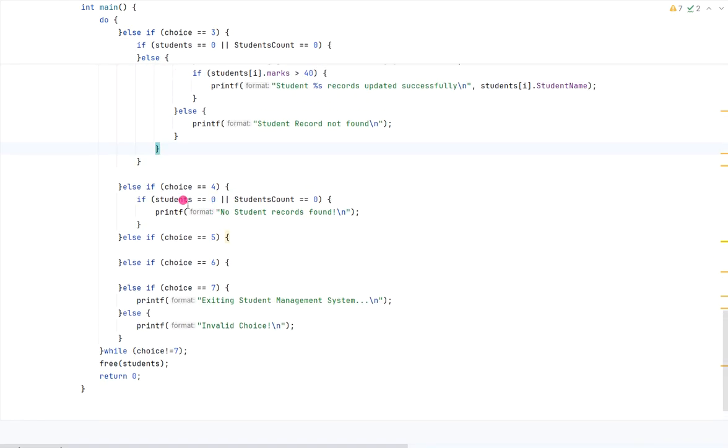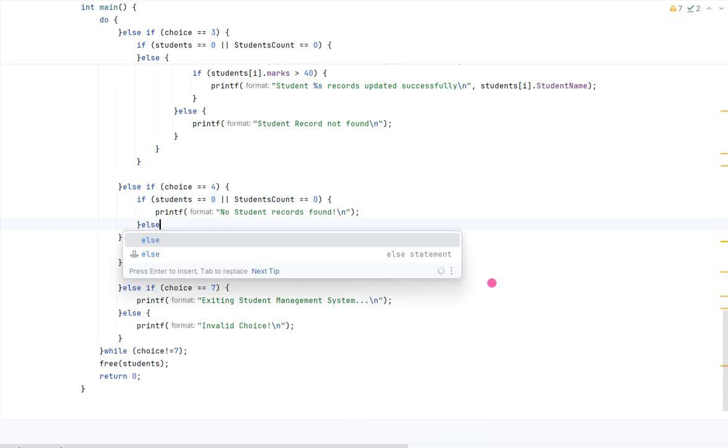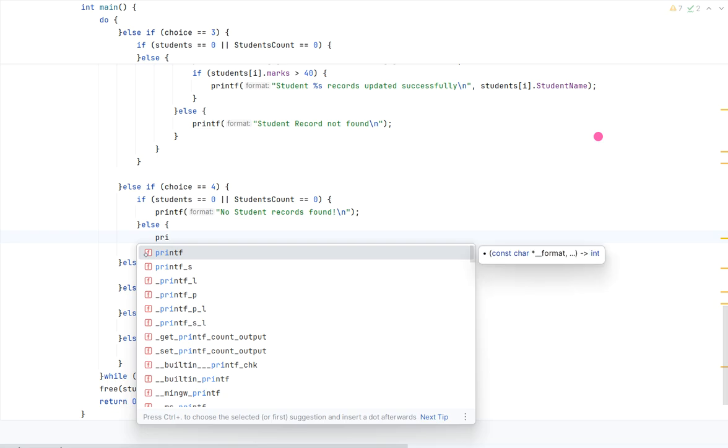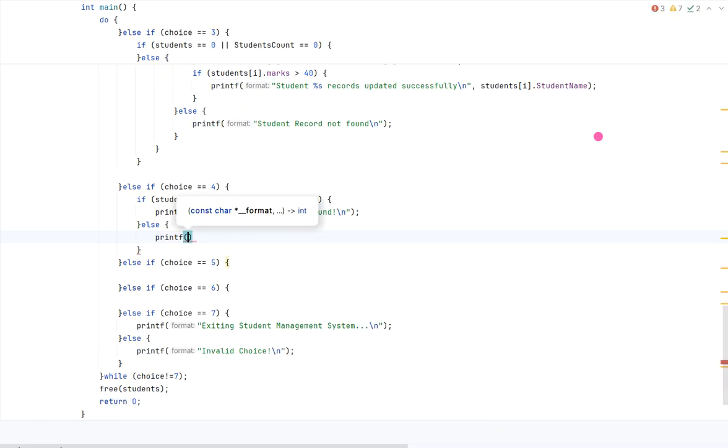So if we want to delete a student, the program will first check if we have a record. So if student is equal to 0 and student count is equal to 0, that means we don't have any student, any record. Else, we will now ask for the roll number of the students. So we'll go ahead and